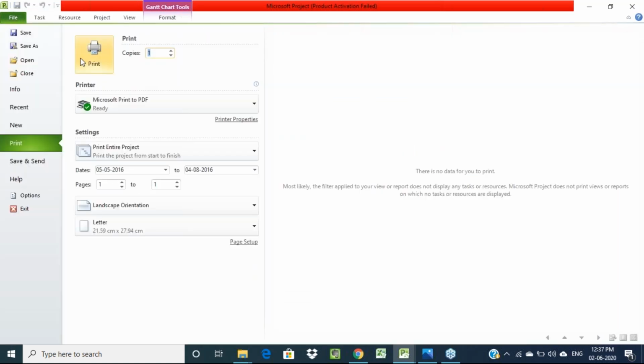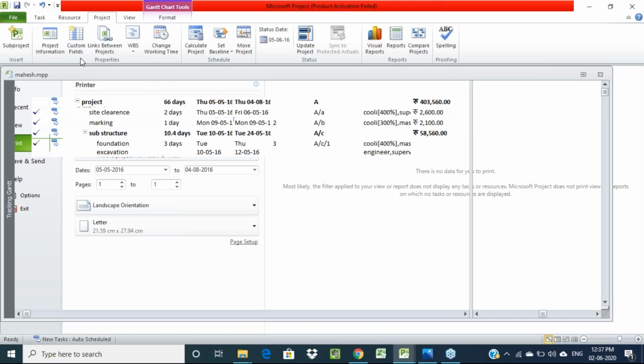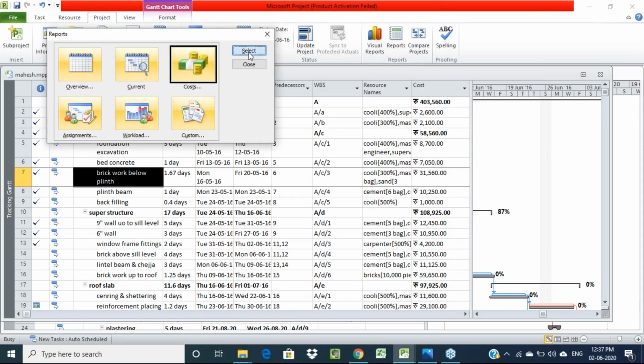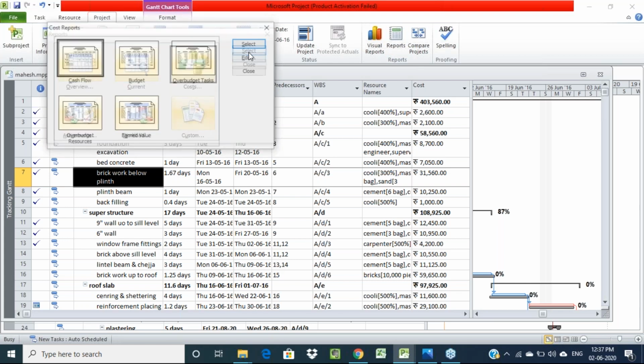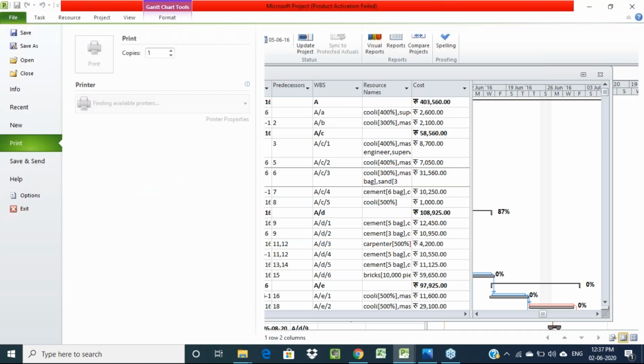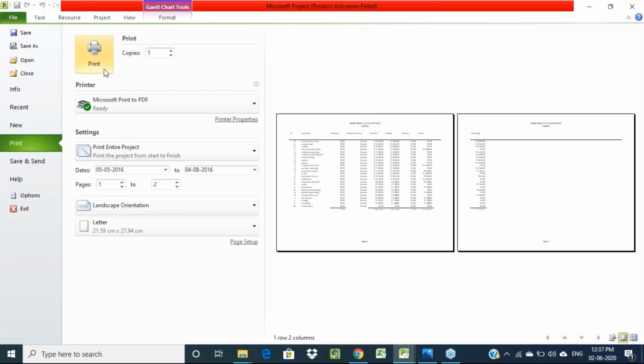So there are no over budgeted tasks. I'll select some other option. What is the budget allocation for each and every activity? I'm selecting that as a report, so that you can make it a print. Through this we can create the printout. Then after creating that printout, we can cross check those reports also.